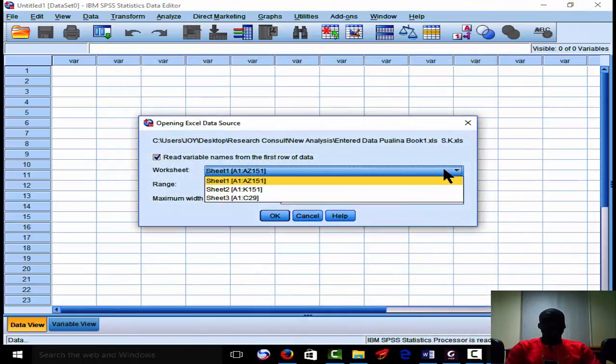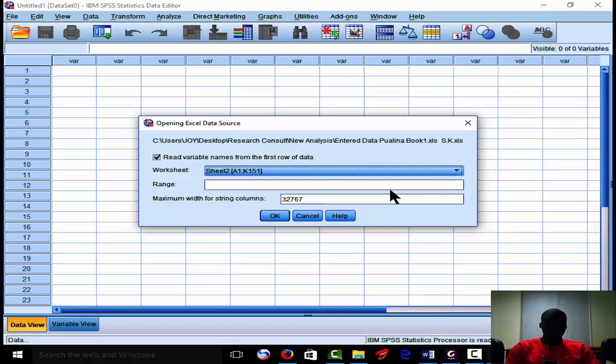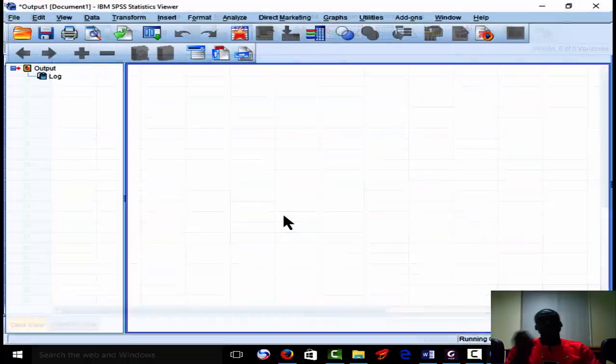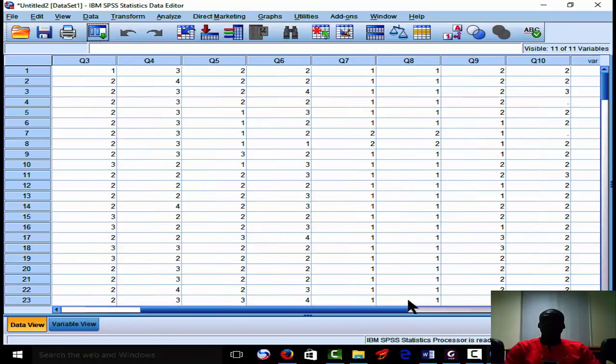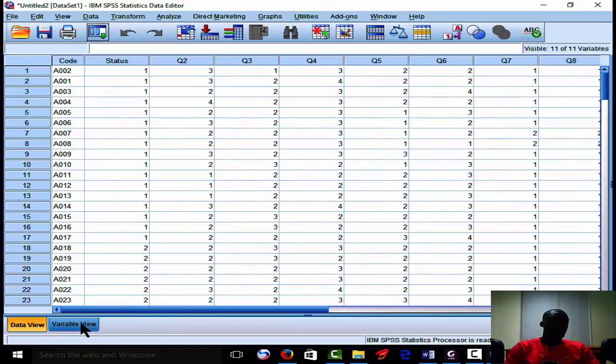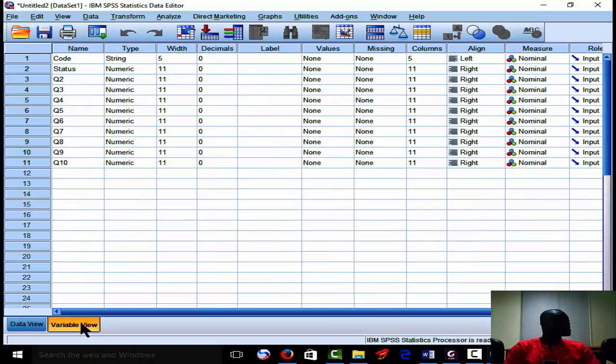Okay, so now we pick sheet 2. That is where we want to pick our data. If you do that, you realize all the data have been loaded into your SPSS, all the data we added on it. So we now go to the variable view here, and then go and put